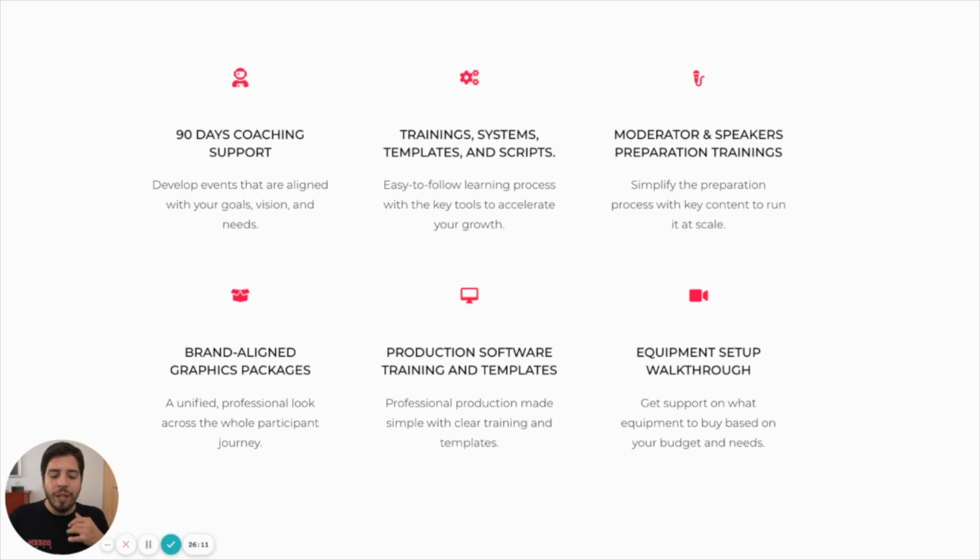I mean, the whole idea is to make it as simple as possible so that you can be flying within 30 days, but you know that you have support up to 90 days. And if it is not clear yet, I managed to take a couple of pictures of different productions that you can envision. If you want to set up a studio in your office where you can really bring professional equipment and start going live with that, that's definitely something that you can do.